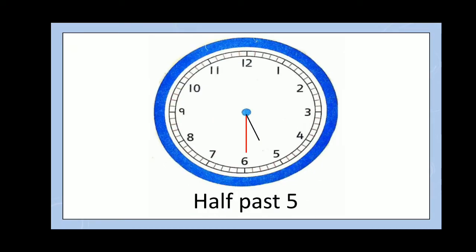In another example, you can see the time given to you is 5:30. Draw the short hour hand between 5 and 6 and the long minute hand on 6. Now that can be read or written as 5:30. Okay, always remember the minute hand is longer than the hour hand.